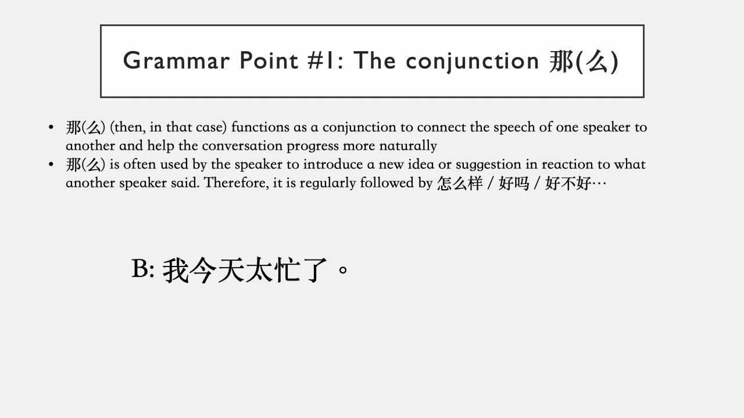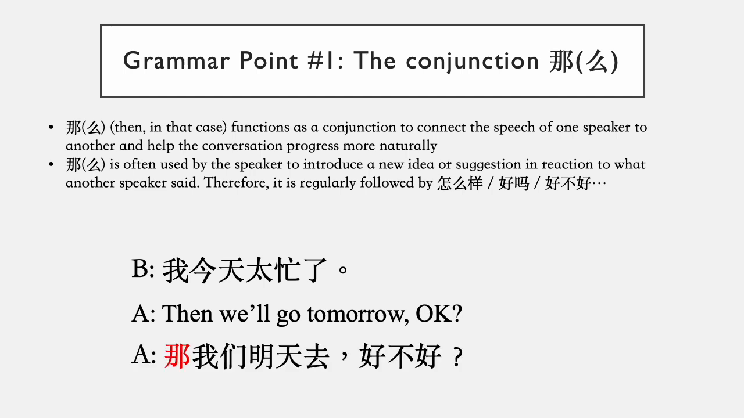Now let's say B says, 我今天太忙了. So we know B's too busy today. Well, maybe we can suggest tomorrow. How would we do that? You could say 那我们明天去好不好. So this conjunction 那 or 那么 is oftentimes used in speech, and you'll hear it quite